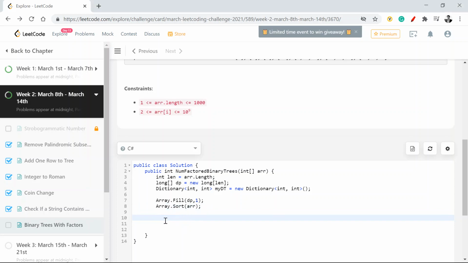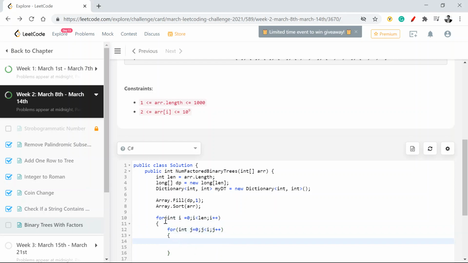So now let's quickly run the loops. For i equal to 0, i less than len, i plus plus, and I'll run another loop which will go up till i. So for int j is equal to 0, j less than i, j plus plus.